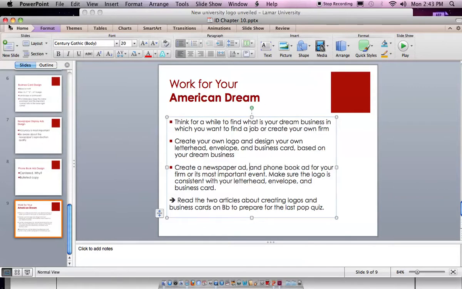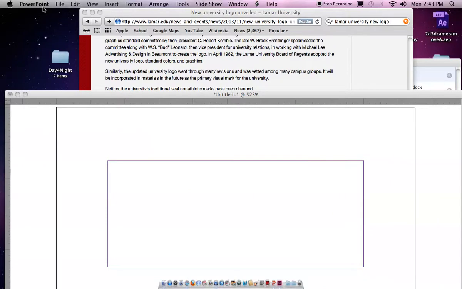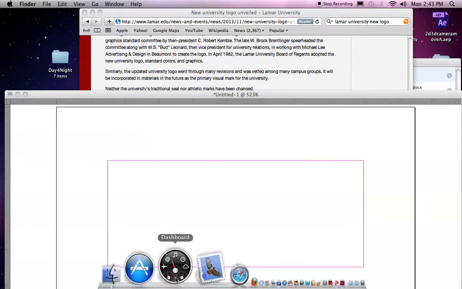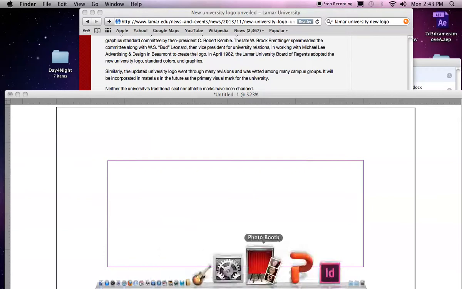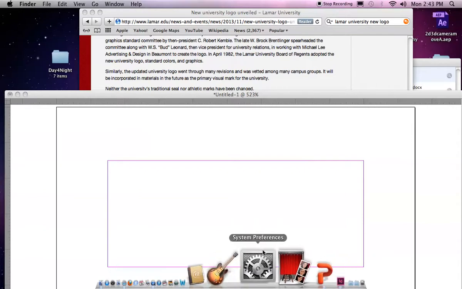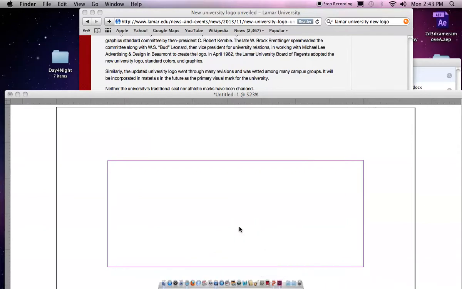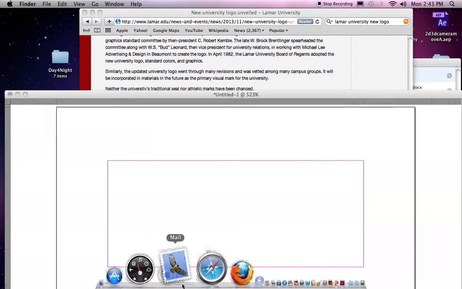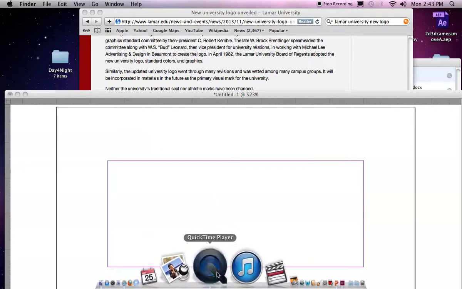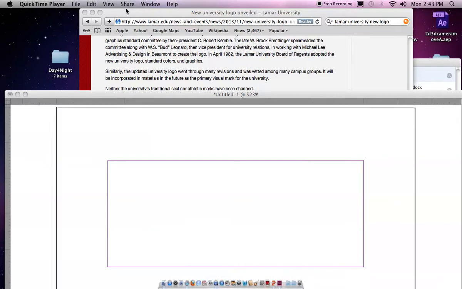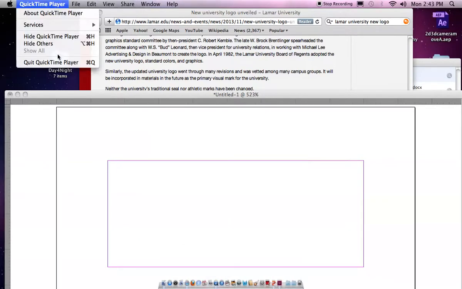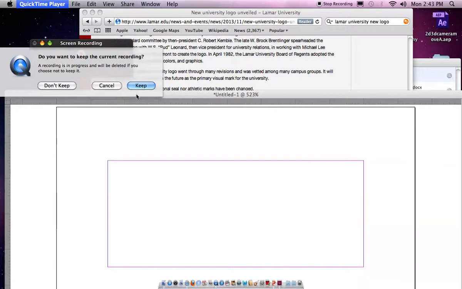Thank you. Is this going to be on the whiteboard at all? Like with that particular slide you just showed? Yes. So we need a logo, a letterhead, an envelope, and a business card, and a newspaper display advertisement for a business, right? For your dream business. That's right. Okay. What is the envelope thing? Like a design that would go